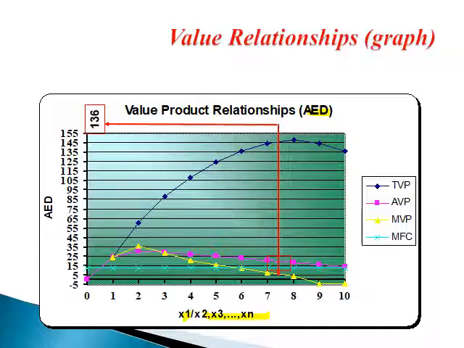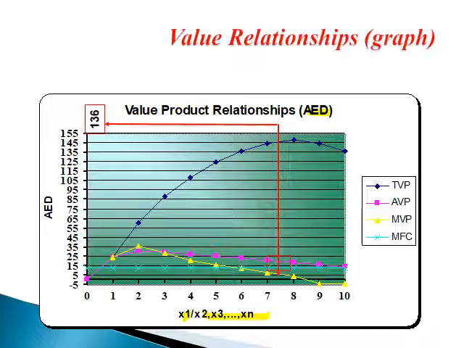And why do I say common sense? Because total value product is a function, average value product is a function, marginal value product is another function. Of course, all of them are not the same f. And if I want to use the names, I can say that total value product is a function of the level of output.